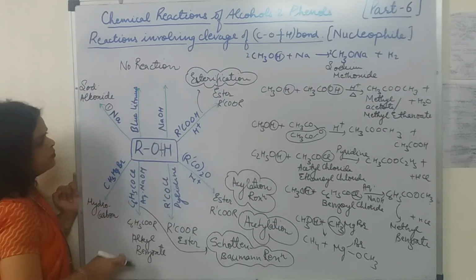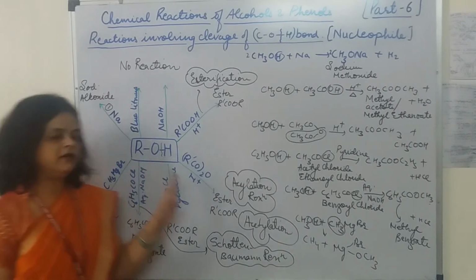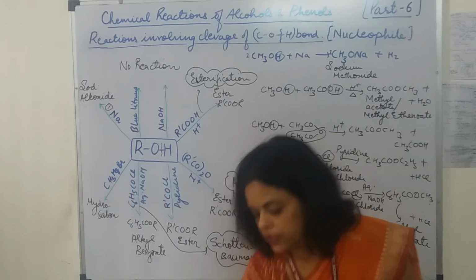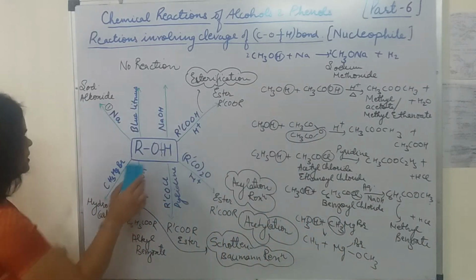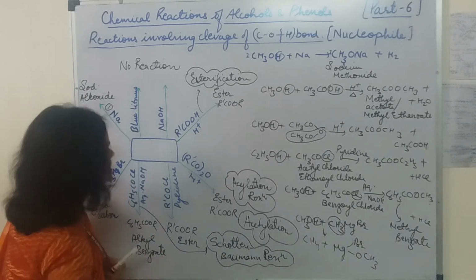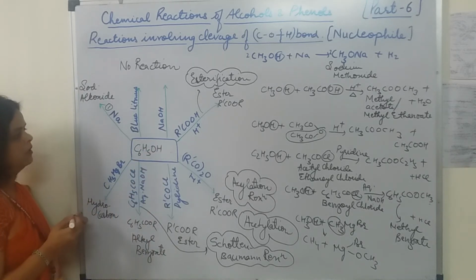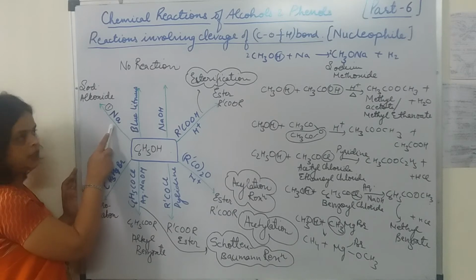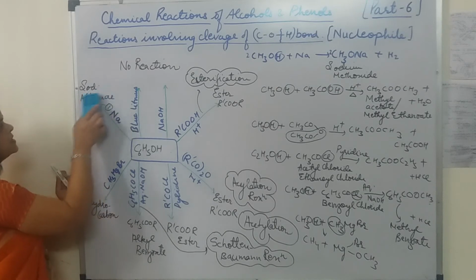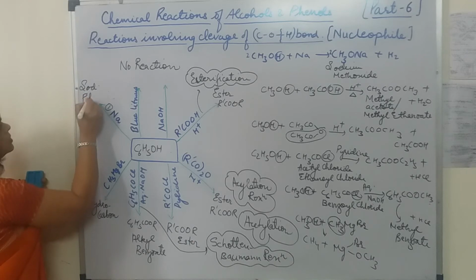So all these reactions are involving the cleavage of O-H bond. Exactly in the similar way, we are going to take the phenol. Phenol also reacts in the same way. I'll simply change the structure over here and you will be able to write down the products. Let's see that. We will write now C6H5OH. Okay, now when C6H5OH combines with sodium, so what is the change? Instead of sodium alkoxide, what you will get? Sodium phenoxide. So we will write down sodium phenoxide.